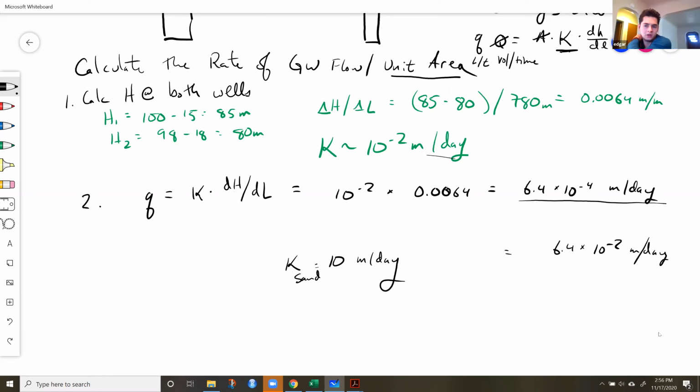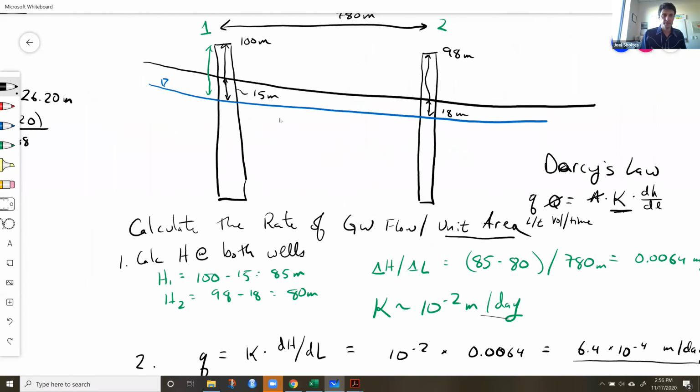So is that how much the water level? Or what's that? This is the flow rate. Imagine that if we have a unit area, like 1 by 1 meter in this aquifer, it's moving at a flow rate of, per unit area, this is 1 meter squared, right? In this case, it would be moving by 6.4 times 10 to the negative 4 cubic meters per day. So that would be the big Q, moving through this 1 by 1 area.